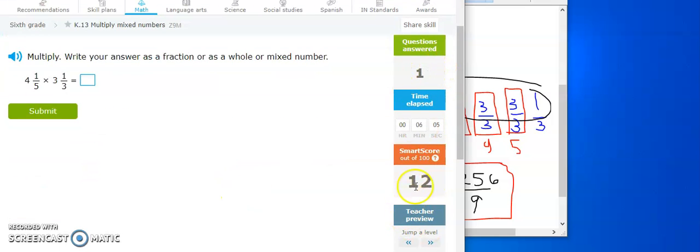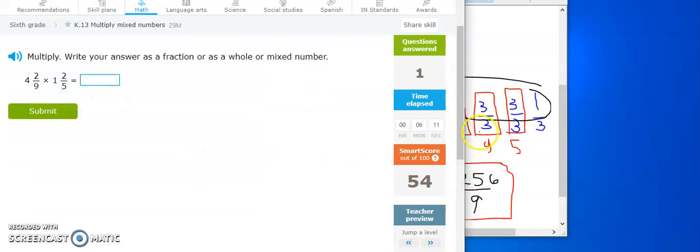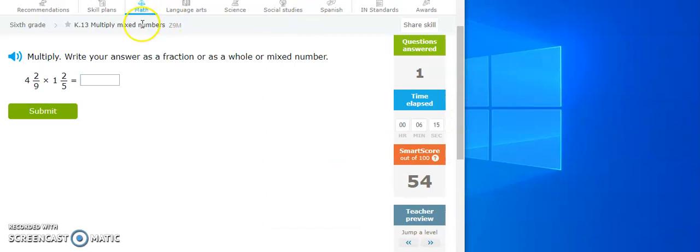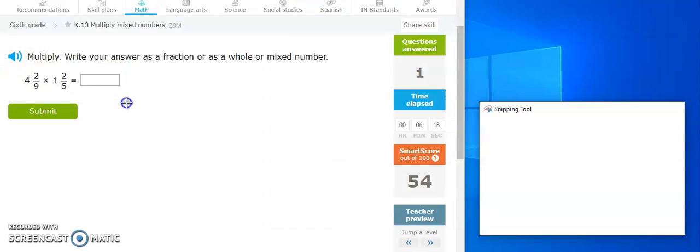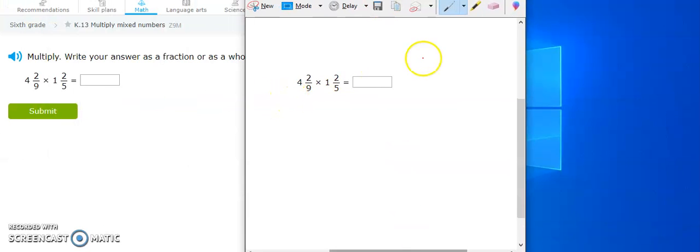All right, we got that correct. Okay, we're going to jump up a level. And we'll do the same thing. So now I have a problem that is no longer the same number. So I'm going to have to convert both of these, but I'm going to do it the